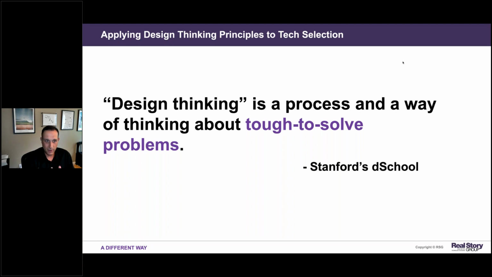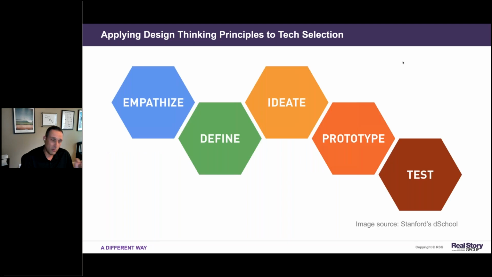And I'm sure many of you have heard of design thinking, but fundamentally it's a process and way of thinking about tough to solve problems. And if you do some more digging into the design thinking methodologies that came out of Stanford many years ago, it was really broken down into this empathy phase, definition phase, ideation phase, prototyping phase, and testing, right? It's this notion of putting something through its paces, using the tools from a designer, and really putting a human face to problems, so that you're able to come up with the best possible solution to a human-centric problem.